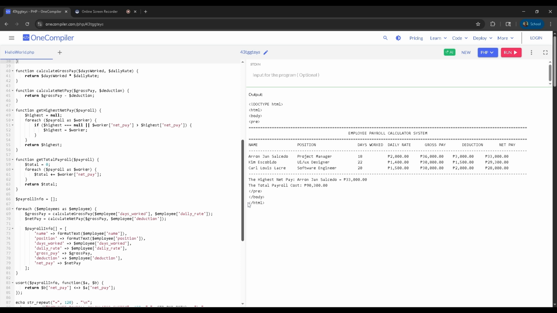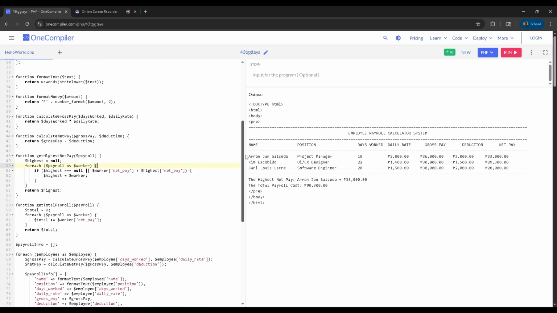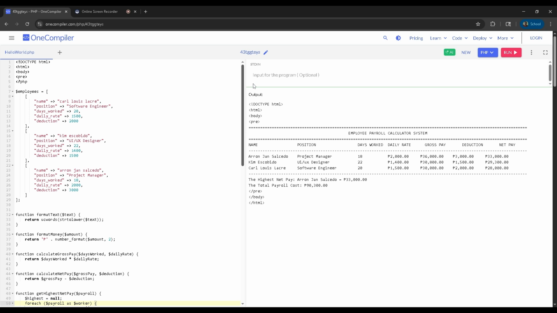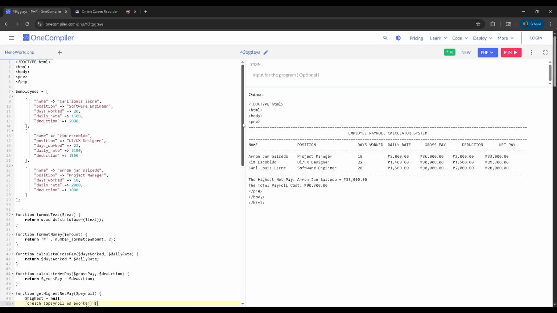Next we have here the calculate gross pay. We have the parameters days work and daily rate. The process here is multiplication. As you can see, days work times daily rate.